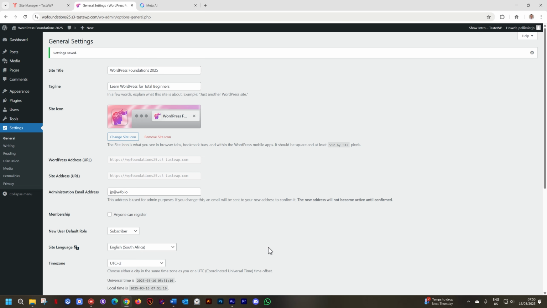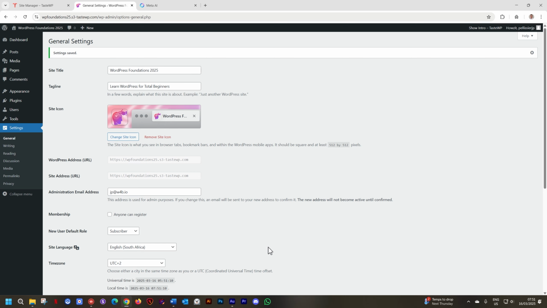Now, these settings I just showed you, like the site title, tagline, site icon, the time zone, all of them I usually do at the very beginning when I begin a new website, because you do it once. So I have this little list when I create a new website in WordPress. I come into WordPress, I change the site title, tagline, icon, site language, time zone. I change the permalinks. And then I know all of those things that I only need to do once, they are set. So you should also make a little list if you are intending to create more than one website. It will really help you to just not forget about them. Because trust me, if you've never created a site in WordPress, you will forget about them.